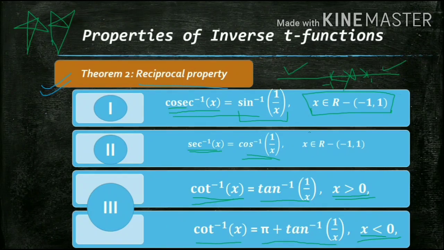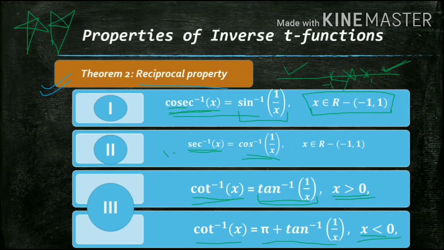So, and also the domain is important. So, suppose the question is like, find the value of cot inverse of 3. So, what you will see? 3 is positive, so you can directly write it as tan inverse of 1 by 3. If the question is find the value of sine inverse of 1 by 2, what you will do? You will see that 1 by 2 means x is 2. So 2 does not belong to this, that means 2 lies over here. So sine inverse of 1 by 2 would be cosec inverse 2.